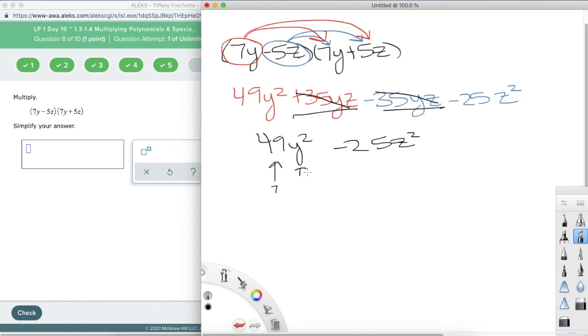And then I have 25 squared, or 5 squared, and I have z squared. If we come back and we notice, that was the two pieces, 7y and 5z, 7y and 5z. So this is a special product, definitely. If we notice this is happening, we can use this pattern to our advantage, and we can multiply this a